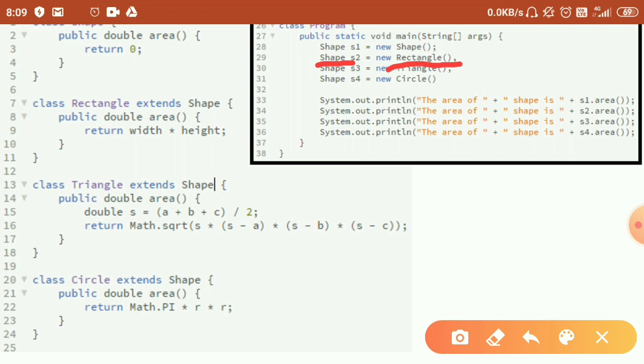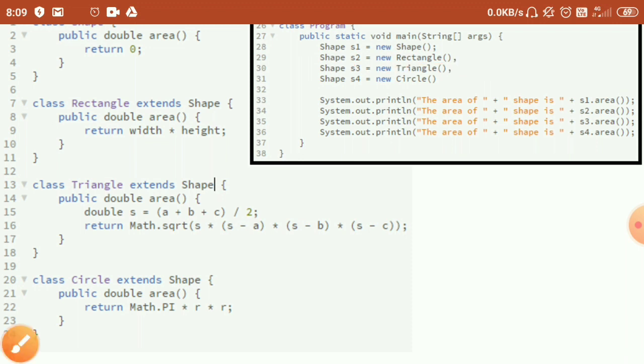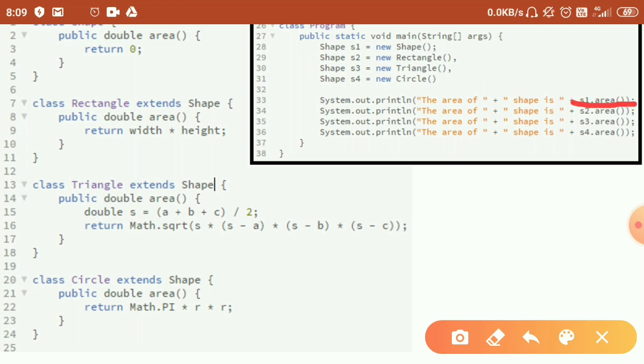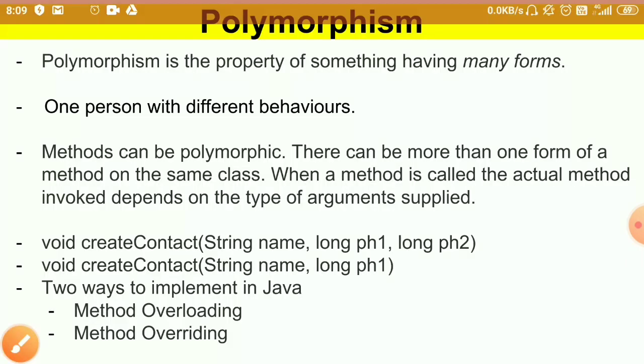Okay, so let's come to the next point. What do you think will happen if I call the area function using the s1 object? What will be the output?